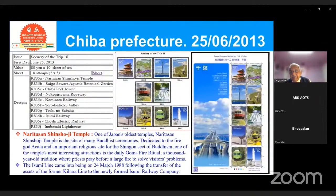Then we have Chiba Prefecture, 25 June 2013. Chiba Prefecture is very famous. You have Narita Airport there. Then the Narita-san Shinsho-ji Temple, one of Japan's oldest temples. Narita-san Shinsho-ji Temple